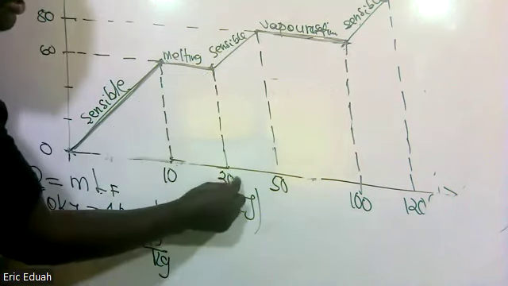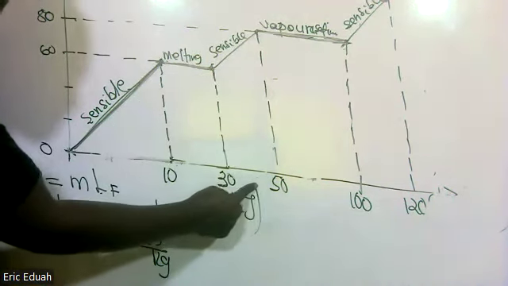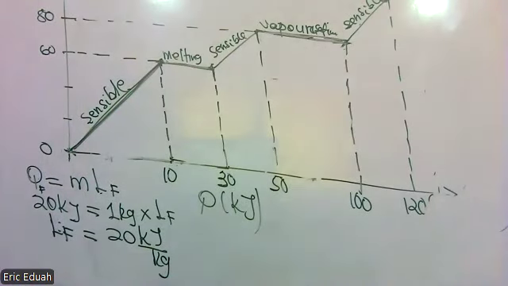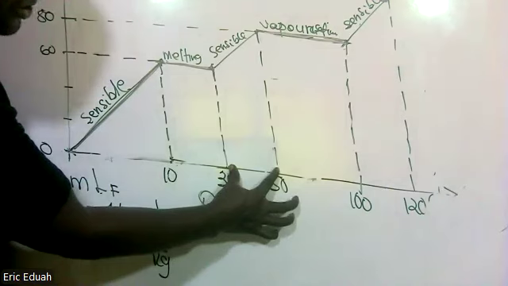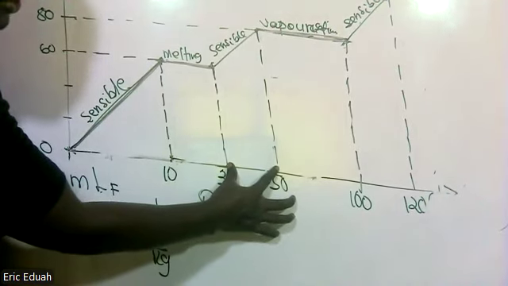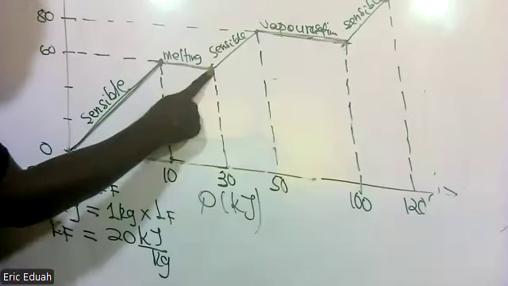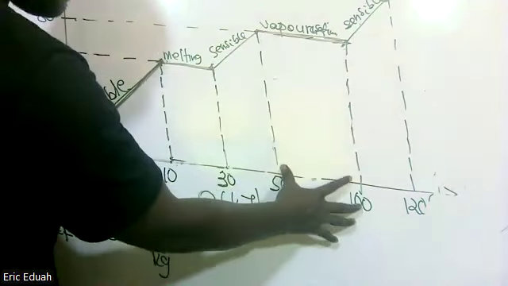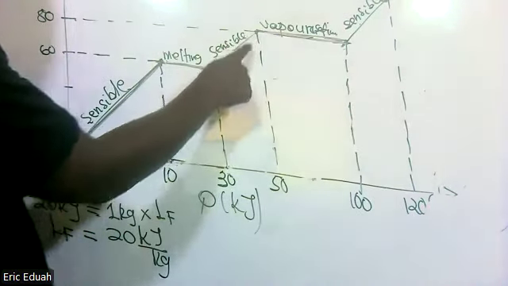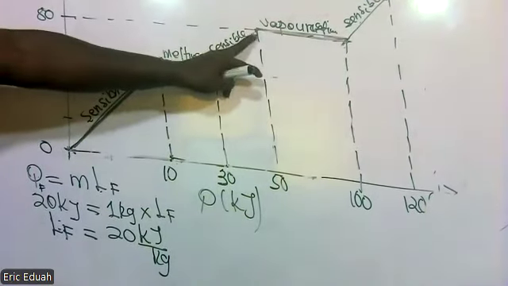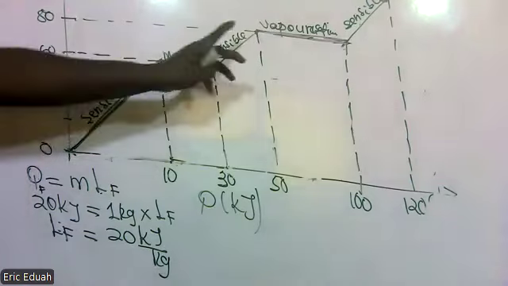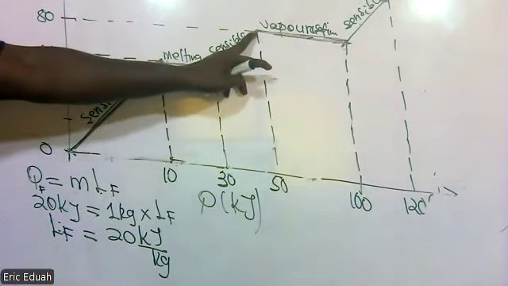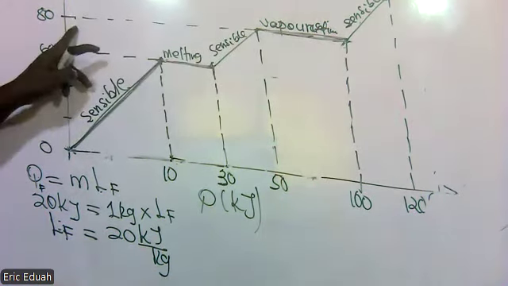Then 20 kilojoules of heat energy is further, Priscilla. I got 50. We'll check. Don't worry, we'll check. Then 20 kilojoules of heat energy is also used to further raise the temperature of the substance from 60 to 80. Then at this point, we have water or liquid raised to 80 degrees Celsius. So this is the boiling point of the material.